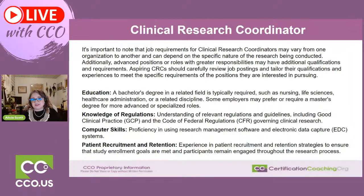Patient recruitment and retention. So not only do you have to most likely help with patient retention and educating people that are thinking about being patients, but keeping their excitement up, also staying engaged with them, and making sure they understand how to get where they need to be, as well as being kind of a patient advocate in some ways. I would say, so that interpersonal skills,